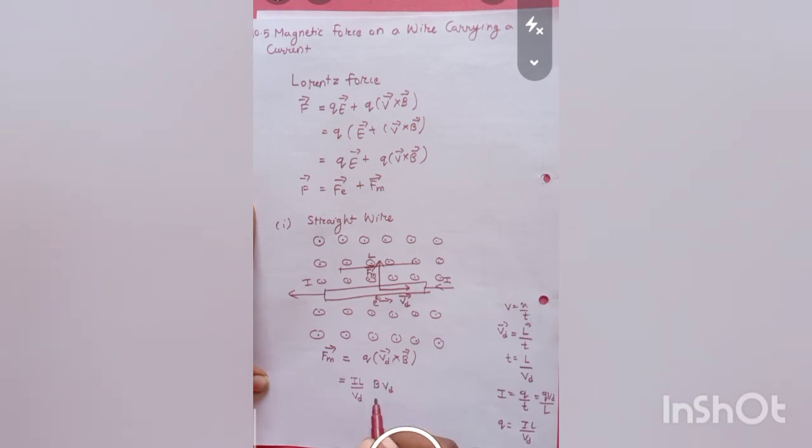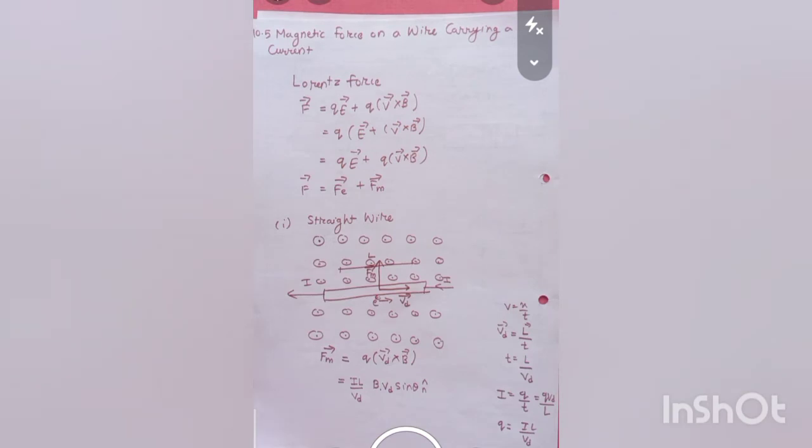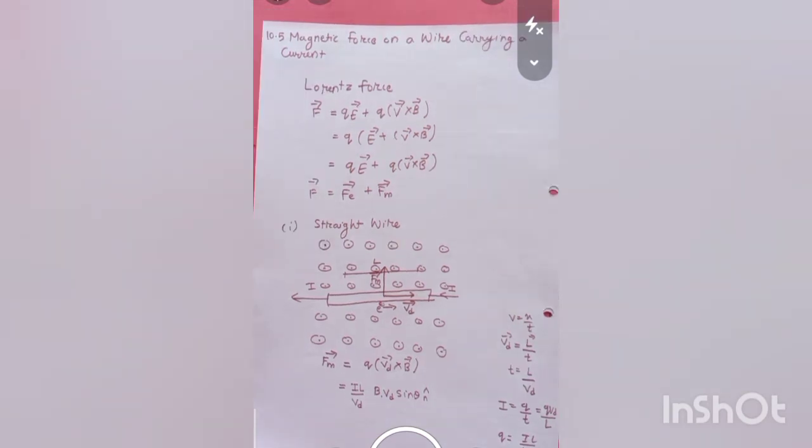So this is the magnitude of these two vectors, and sine theta and unit vector. So this unit vector is perpendicular to both magnetic field and drift velocity, in the direction of magnetic force,